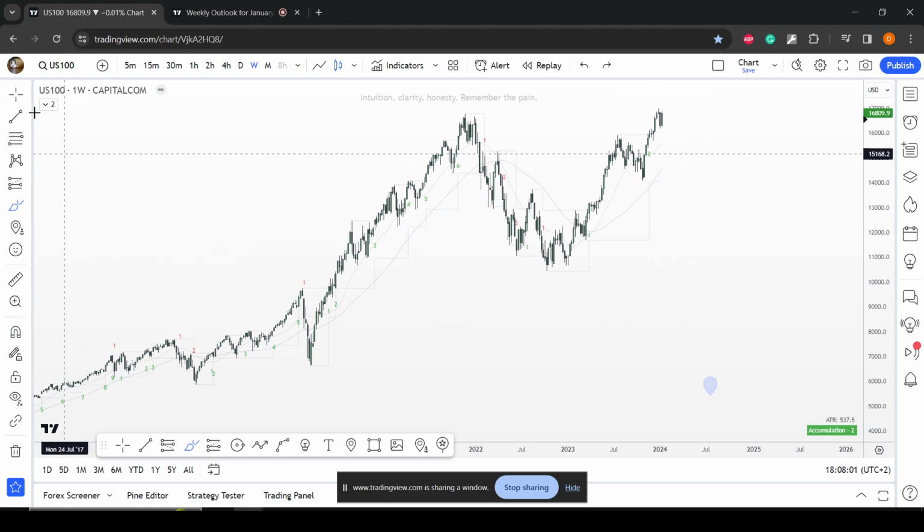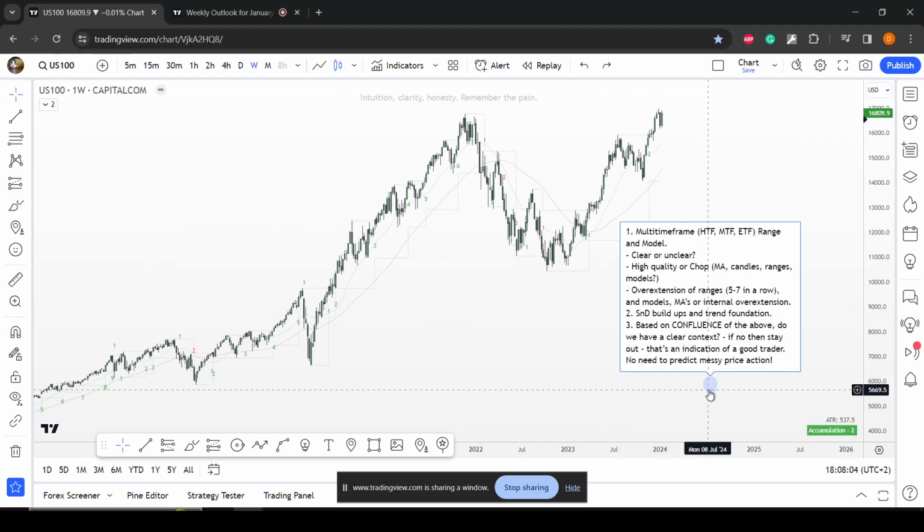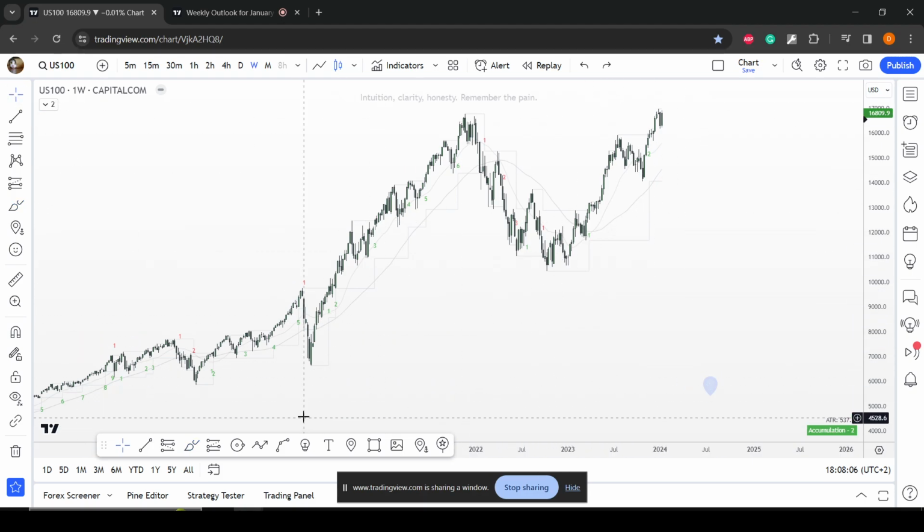So as you can see, we need to analyze high time frame range and model. And model right now is accumulation or reaccumulation. Why is it so? And what is accumulation, reaccumulation? In simple words, these are bullish models of price action. Why are they called models? Because they consist